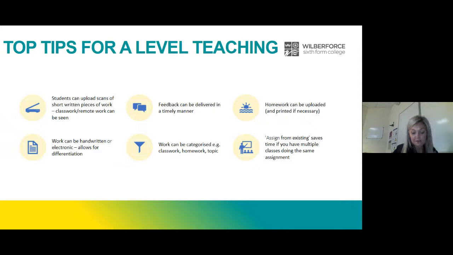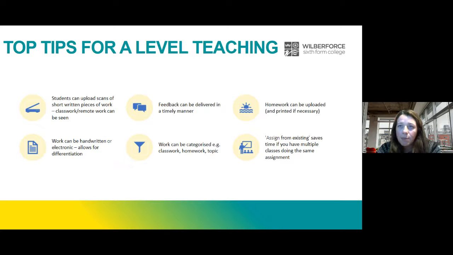Predominantly, I teach A-level, and what I found it useful for, and a real game changer, particularly with remote learning, is I haven't just used this for large pieces of written work, large BTEC assignments. I often get students, even in the class, even if I'm in the classroom with them, they will upload a scan of short written pieces of work. So I encourage them and I teach them all. It's one of the very first lessons this year.